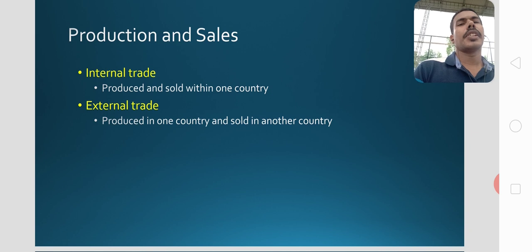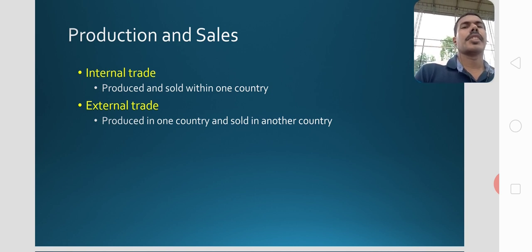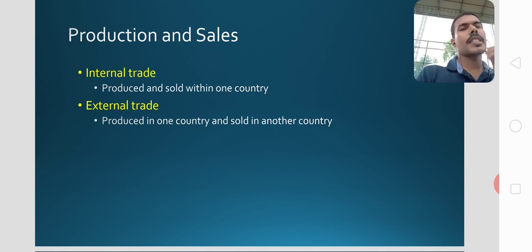This is internal trade. So the production and sales happen within India, between states. And for external trade, the production and sales happen between nations, or in